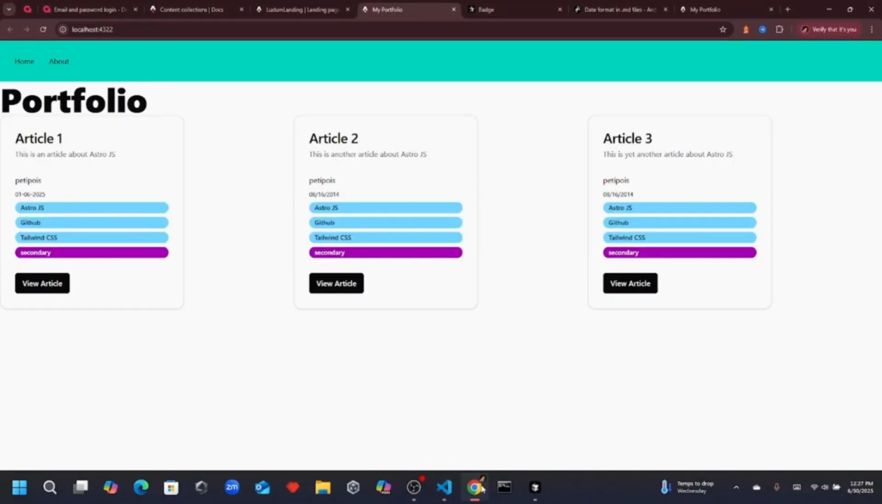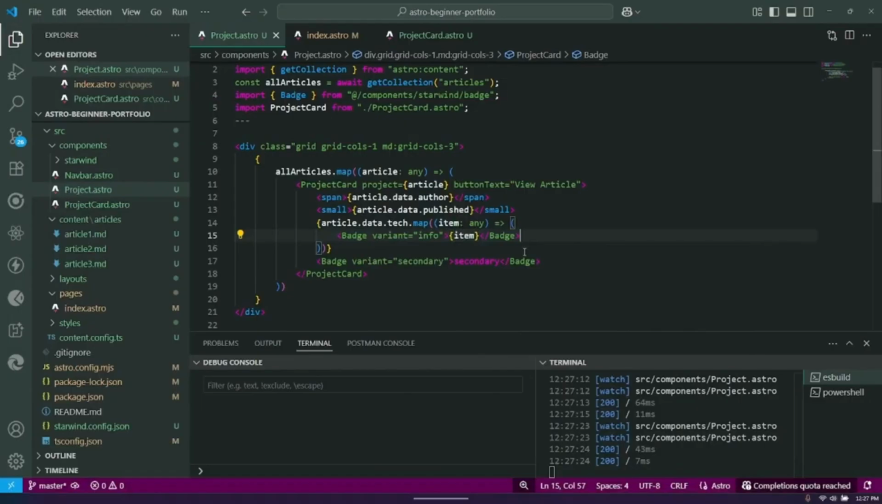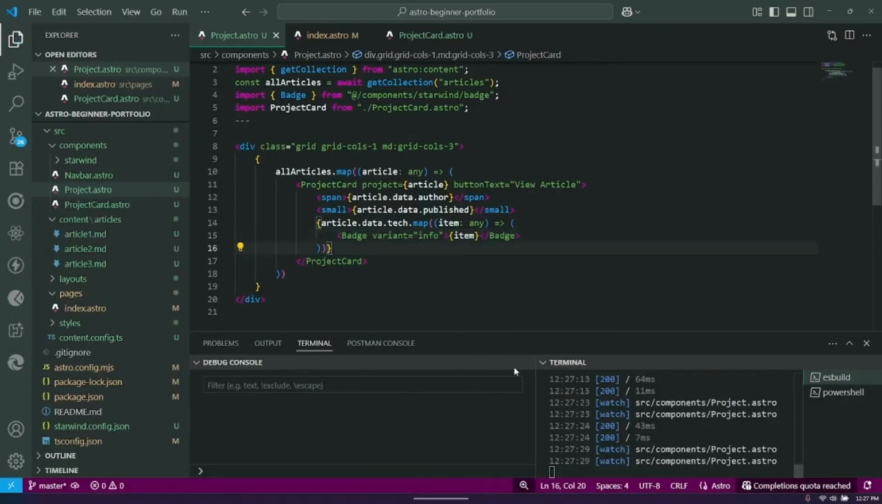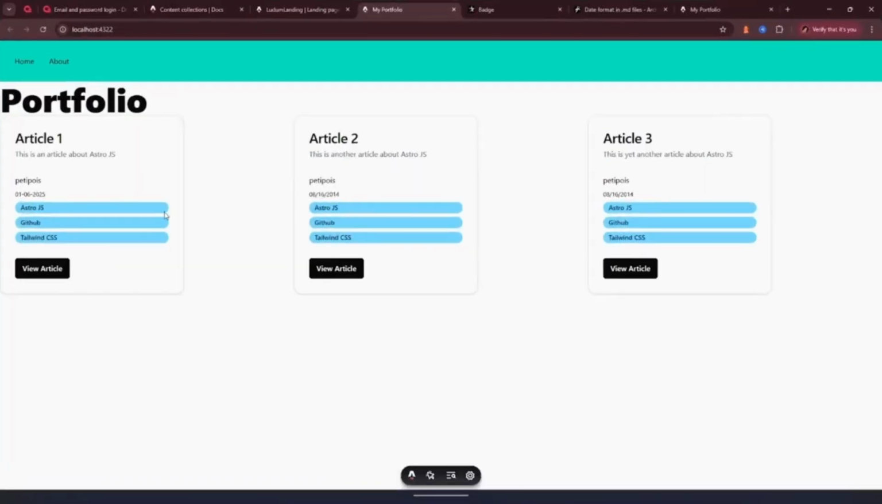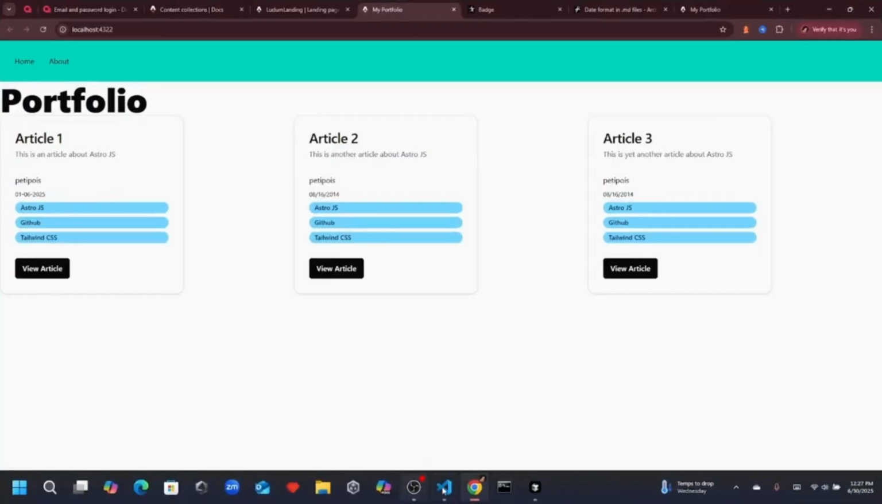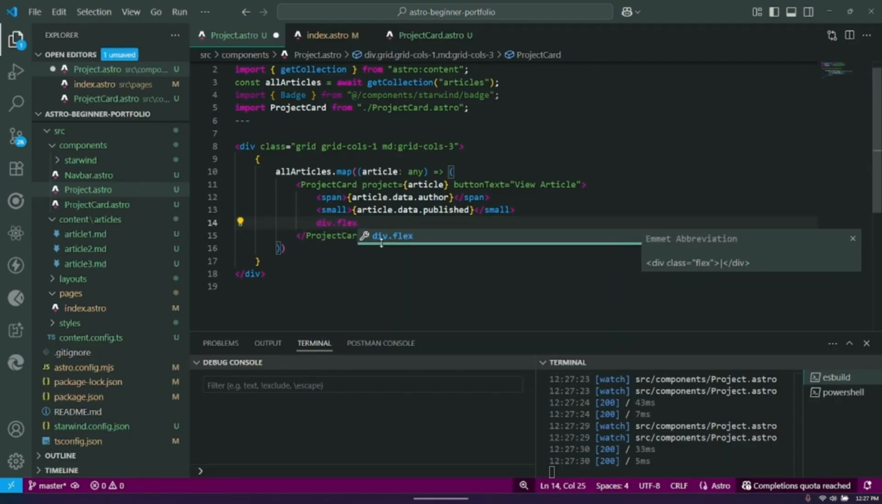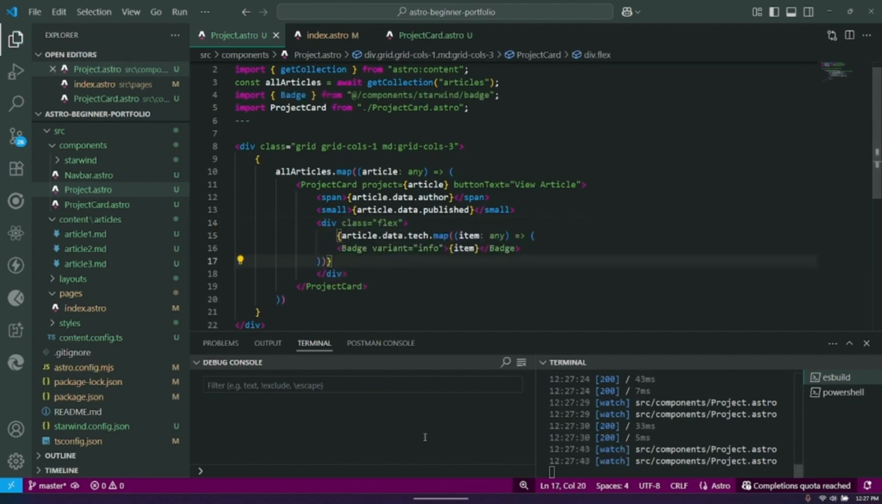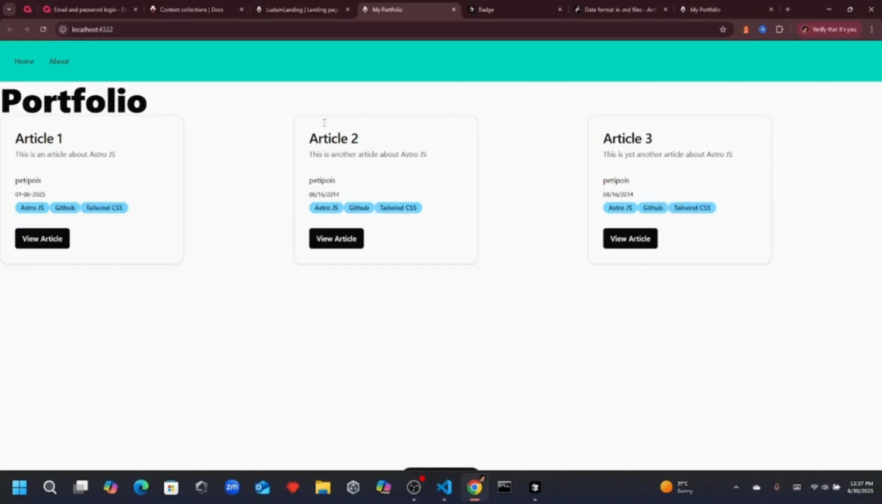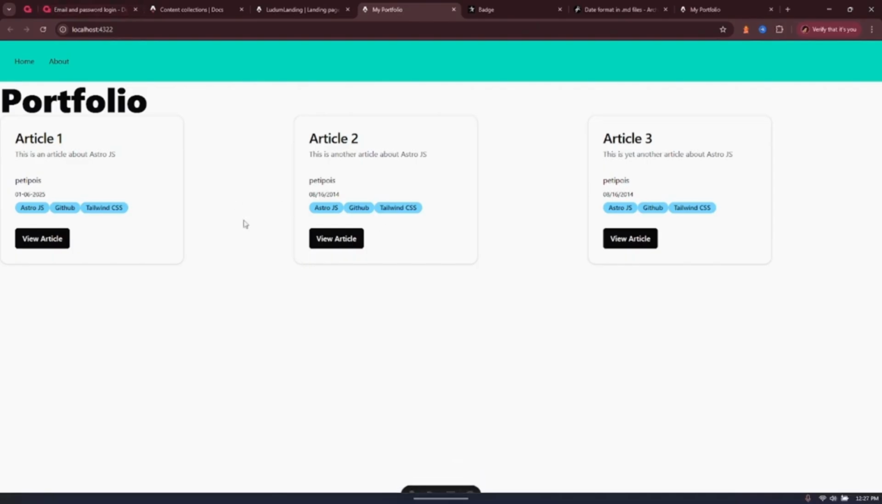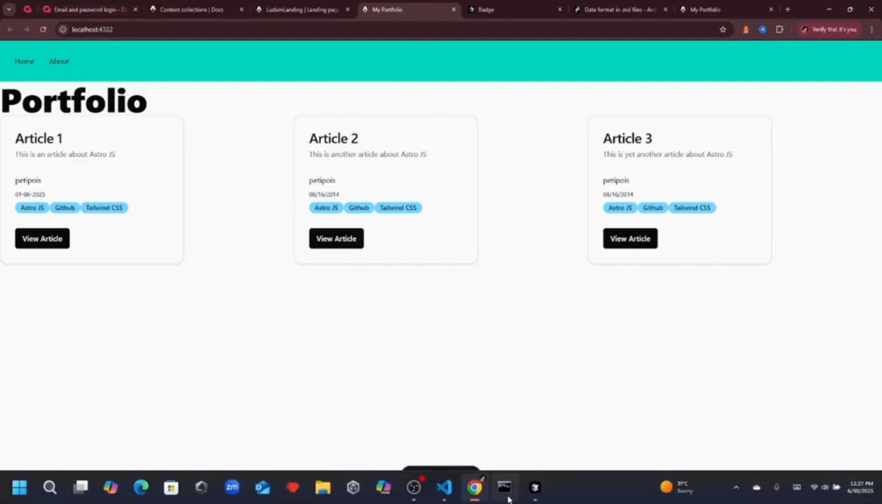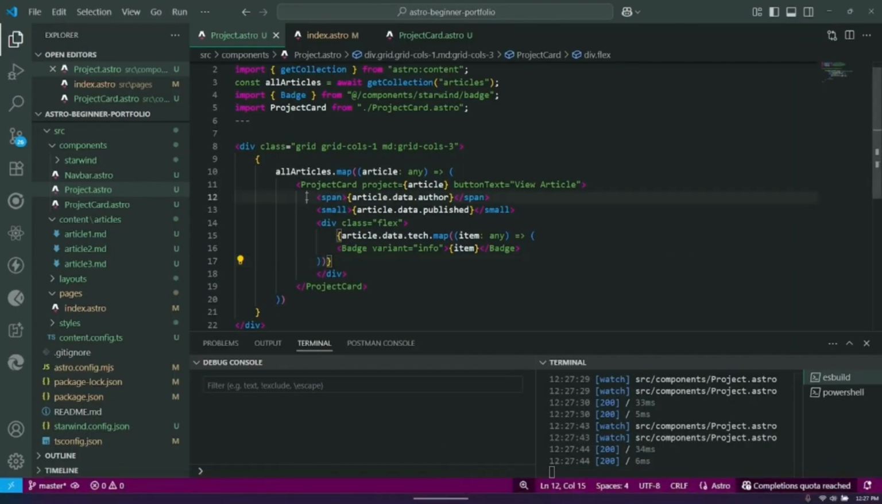Now we're not actually getting anything back, so yeah, there we go. So we'll just loop over and it will be the item there. And as we can see, we want to have them kind of next to each other. So we'll just have a div, class of flex, and we will put those there. And now we've got those next to each other. The author needs to be,